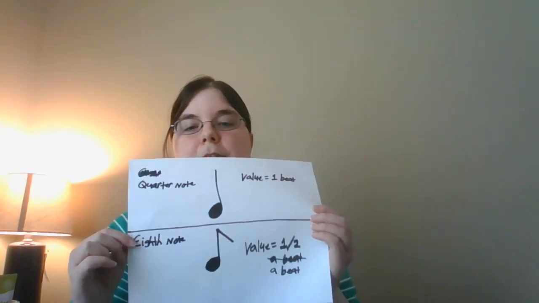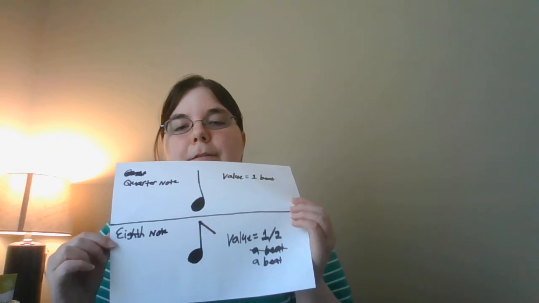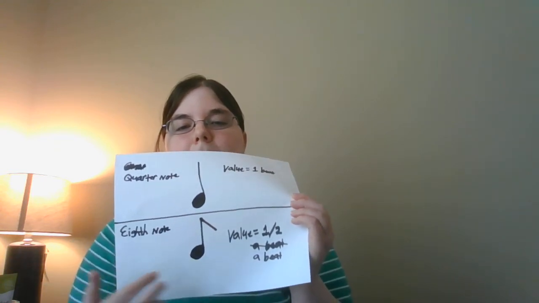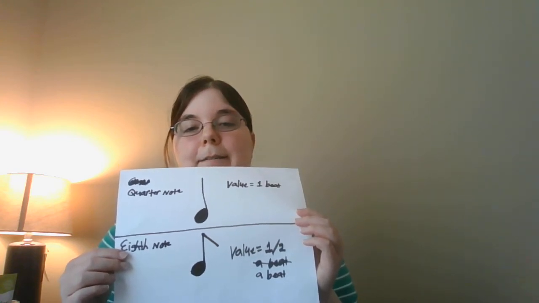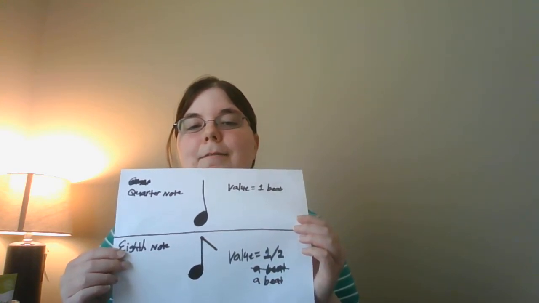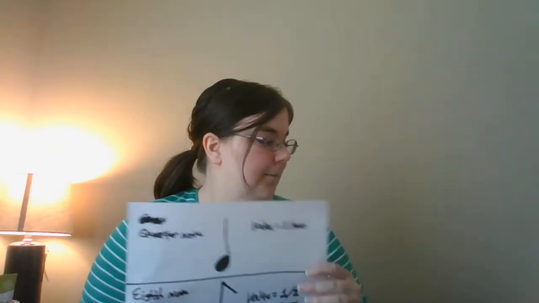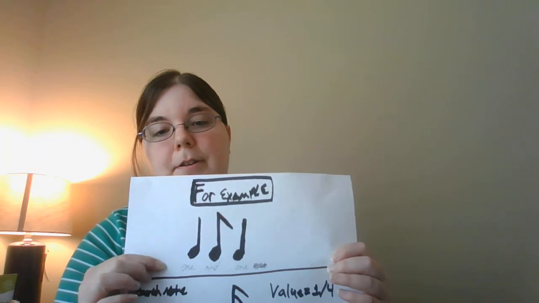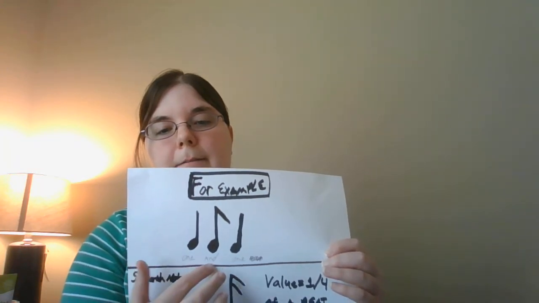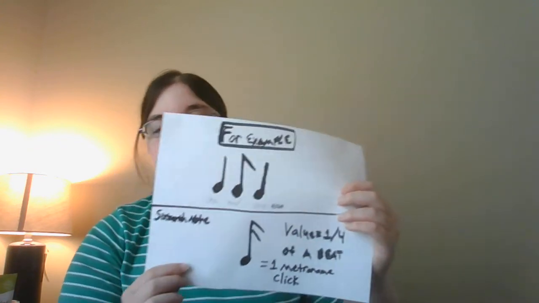And this is the 8th note, and here's where things would get a little confusing as far as note values, because it's worth half a beat. And how do you count out half a beat? You represent it with the word "and" when you're counting it out. I have an example for you guys. So this example would be 1 and 1, and next we have the 16th note,